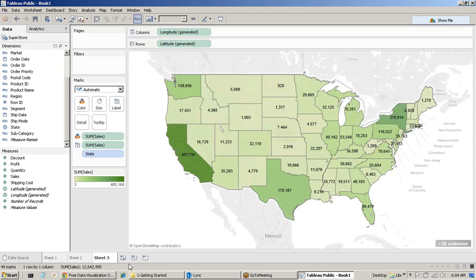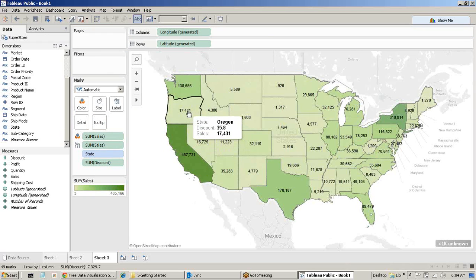So we discussed what is color, we saw what is size, we saw text, we saw detail, and we didn't see tooltip yet. Okay. So tooltip is very simple. Let's say for this particular combination, I want to also see how much discount I got. So I can just drag discount to the tooltip. Okay. So what happens is when you click on here, you're able to see discount also